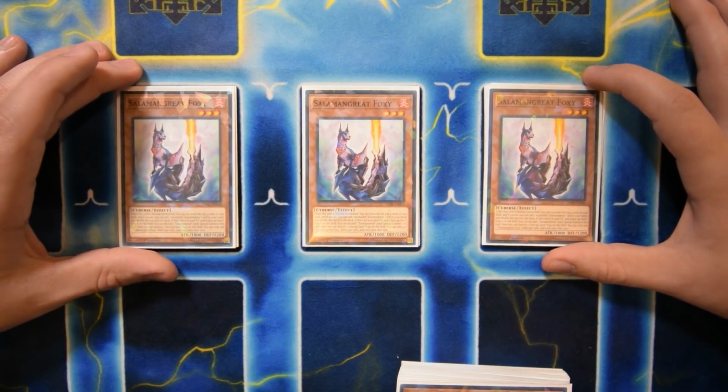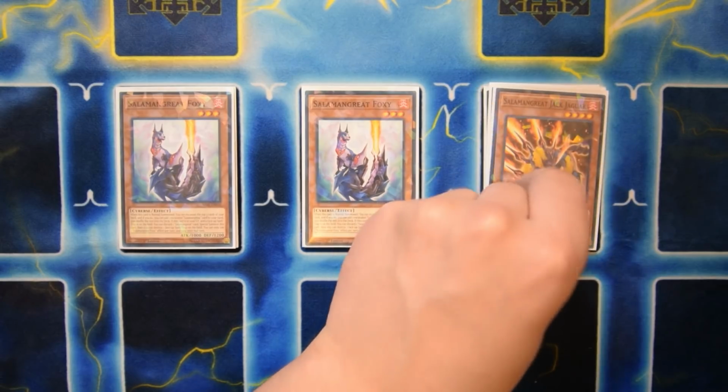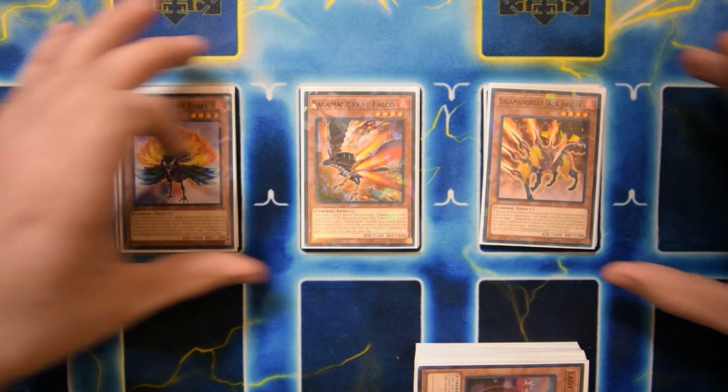So usually after you link this guy away, he can act as sort of an MST the following turn, which is pretty nice to clear some annoying back row. Then we have 1 Jak Jaguar, 1 Falco, and 1 Salamangreat Fowl. I do like Fowl